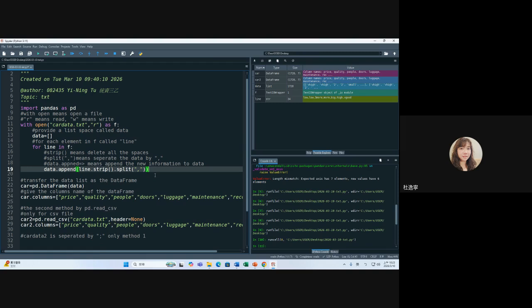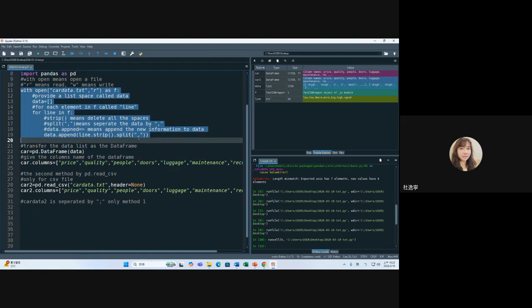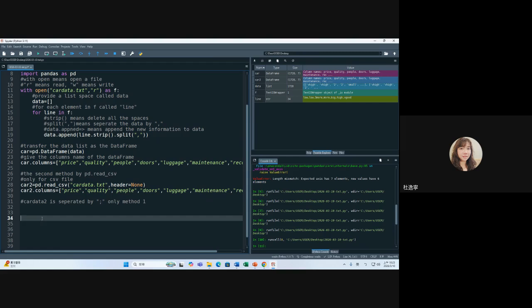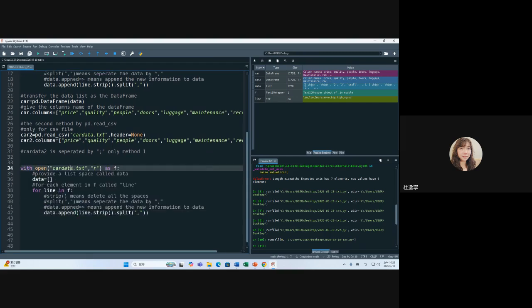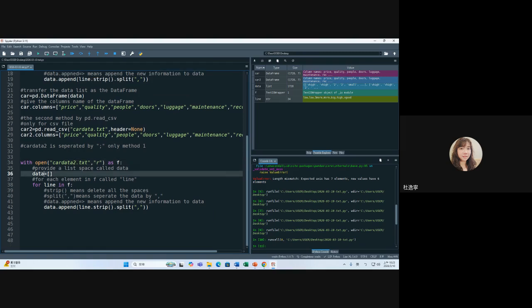You copy this part. But now we change the file name here. It's card two here, part two here. So this data two here. And remember, this one we will use the semi-comma. 这种是用符号的呢，叫硬写的话，就是要用这程式码来写。